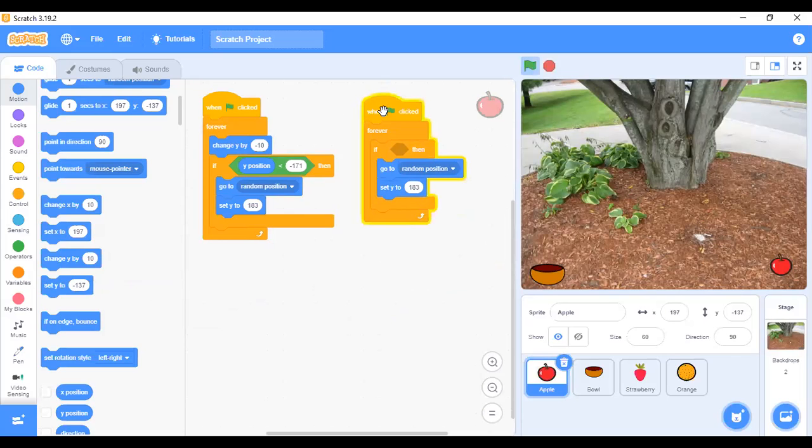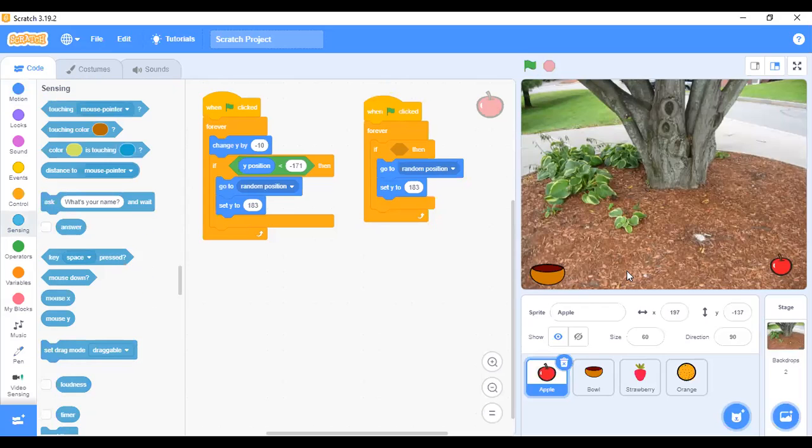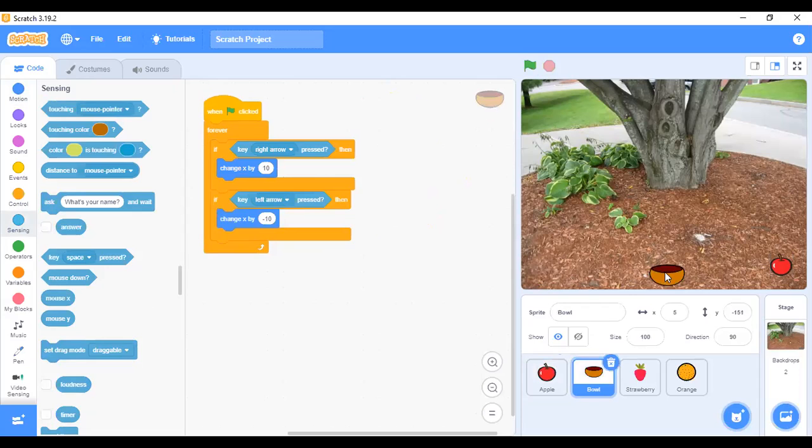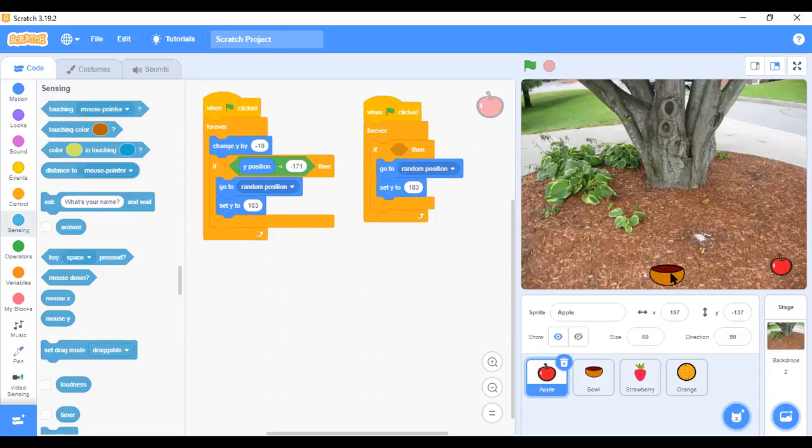It is not yet complete because if you click on it, nothing will happen to the apple. So pay attention because of our time. Let me stop it. So what do we need? Go to sensing again. What we are trying to achieve with this second code here, that is when the apple touches the bowl, what should happen to the apple and what should happen also with the bowl? Should the bowl catch the apple? Should the apple make a sound, or should the bowl? What happens if the apple touches the ground? That's where the sensing, touching comes in.